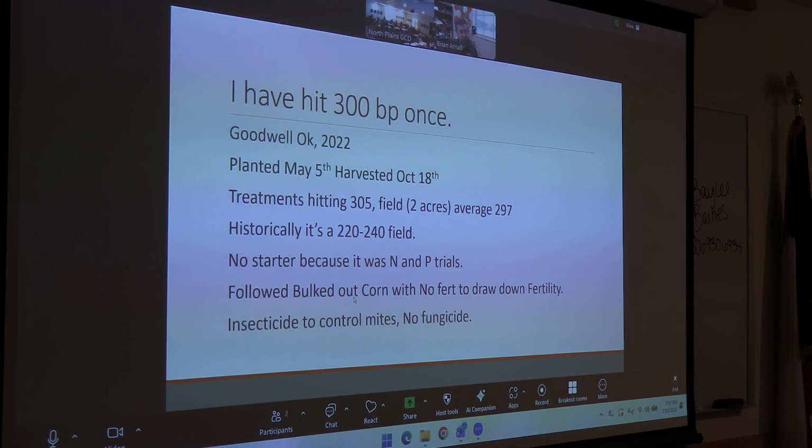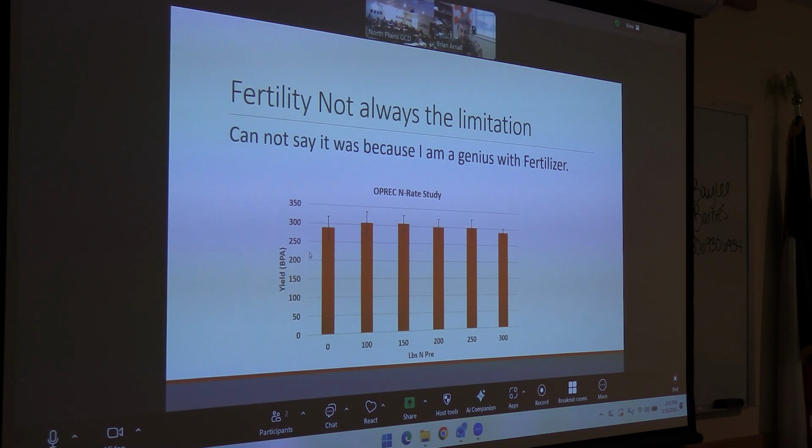So the previous year I grew 200 bushel corn on 0 nitrogen to try to get a nice nitrogen response. This year I had insecticide for mites and fungicide. The big part was an N-rate study. I hit 300 bushel corn with 100 pounds of nitrogen. The previous year, I grew 220 on 0 on bulked-out corn. The only thing I can tell you is that the rain allowed